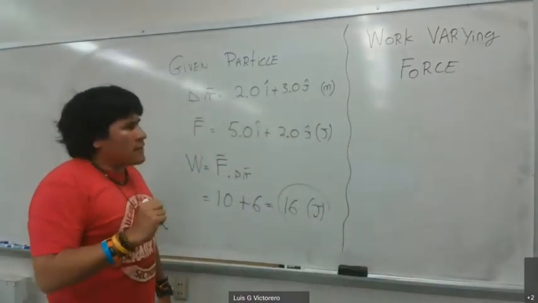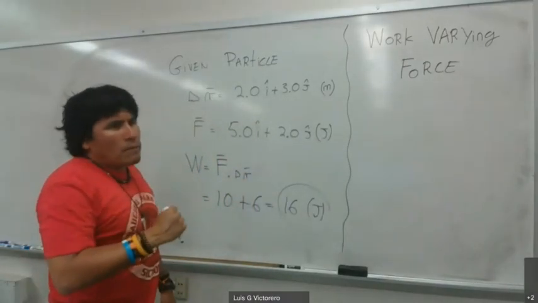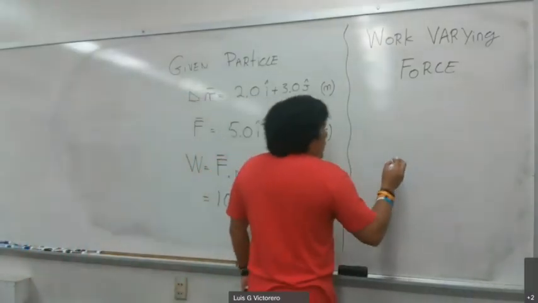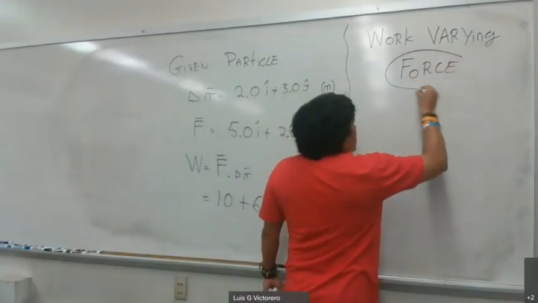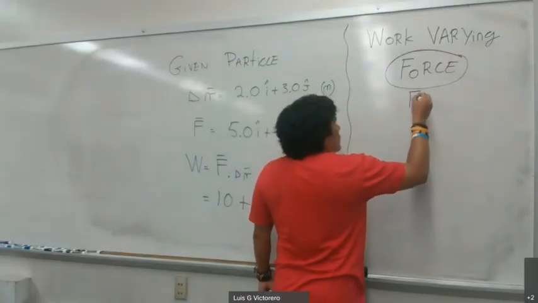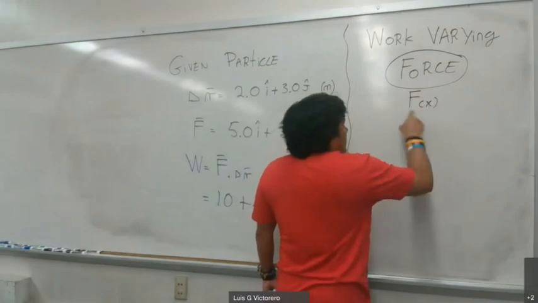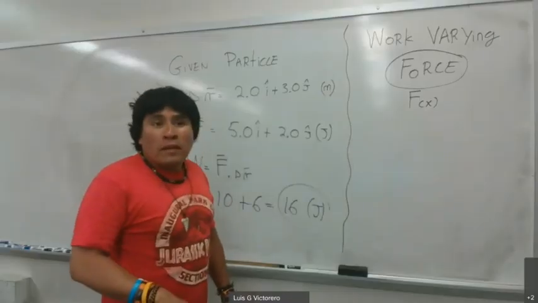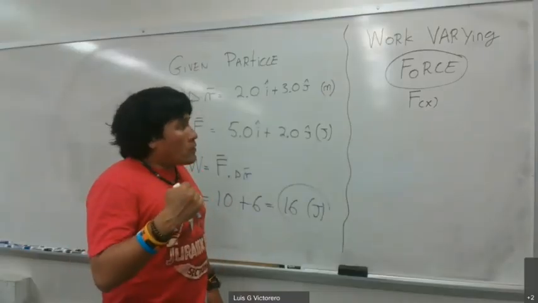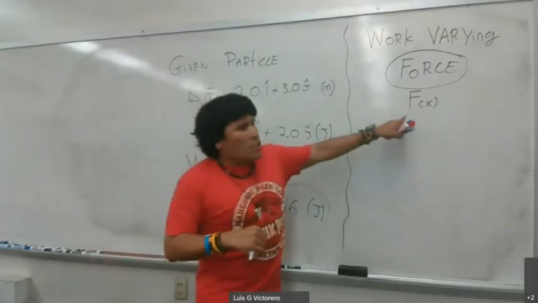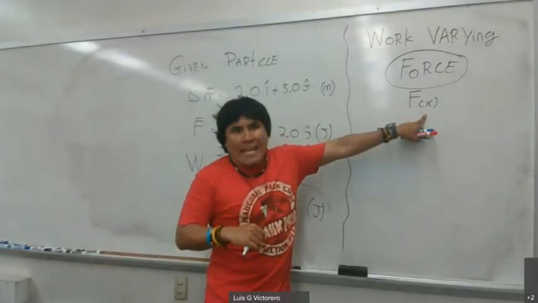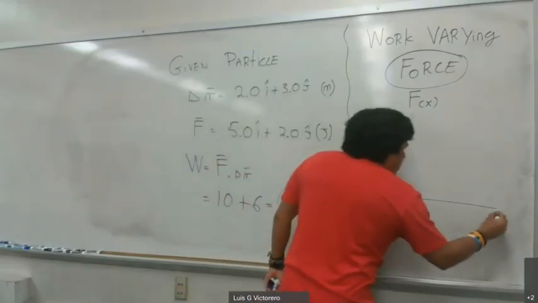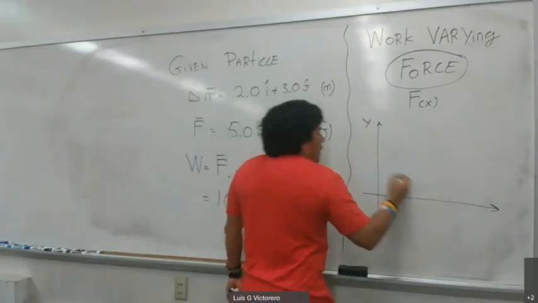So we know force can be what we know as a vector field. It can also be described as a function that can be given with respect to a variable x. It can be with respect to the position or with respect to time. Let's suppose that force changes as a function of the position x. So in my plane, in the x and y diagram, on the Cartesian,